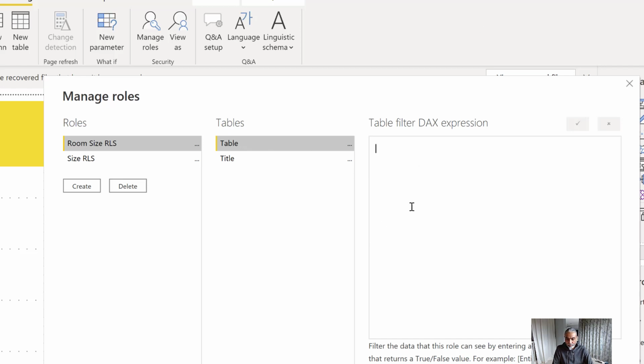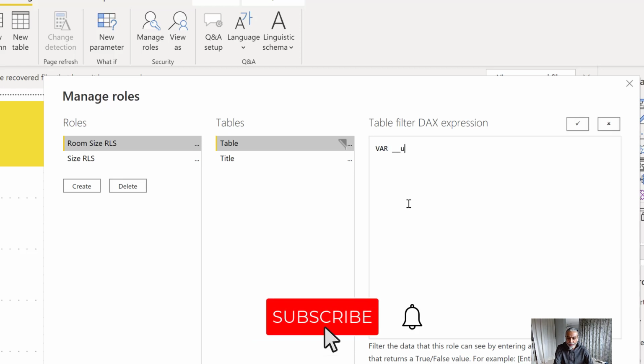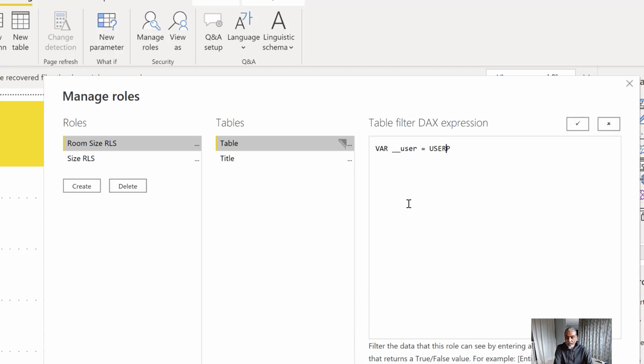Let's start writing. The first thing we're going to do is get the user, meaning who is the current user looking at this. We can use the user principal name function to get the UPN. And then let's get the room size of this user. What we're going to do is calculate room size, which is just our existing measure,